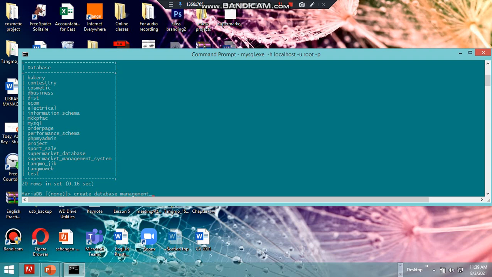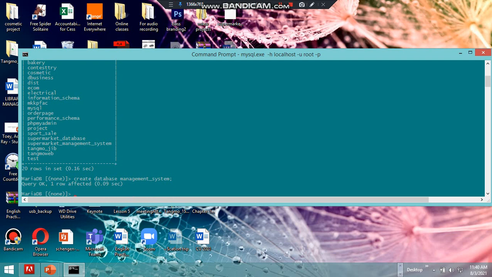Well, one of the rules when naming databases, do not leave space in between two words. If the name has got two words, do not leave space. You either use an underscore or just let the two words join each other. Don't leave any space. So create database management system,